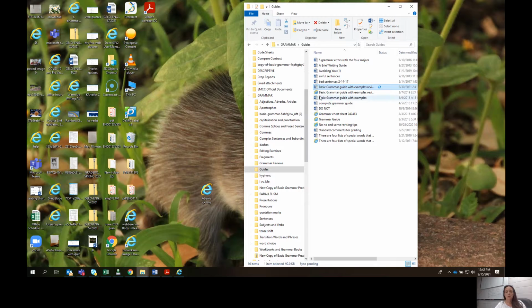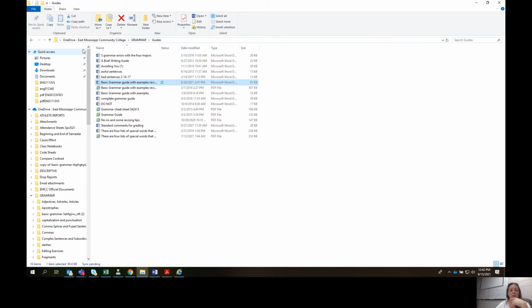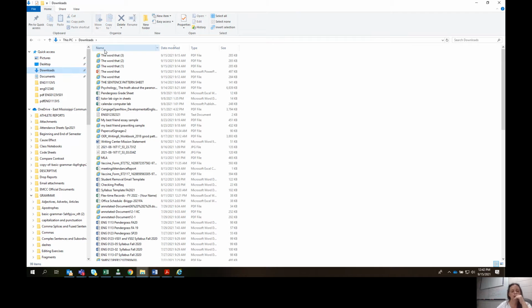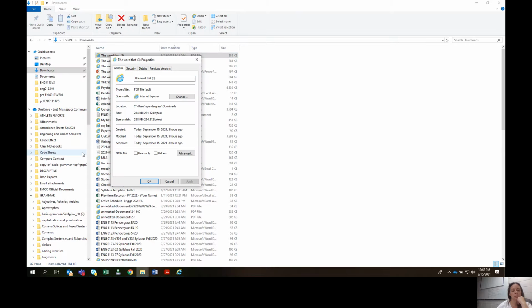So your icon might look a little different than mine. But let's look and see. So probably when you download your PDF from the comments, the one where I've graded your paper, is probably going to go to your downloads. So find your graded paper, right click on it, using that right click button, go to your properties,